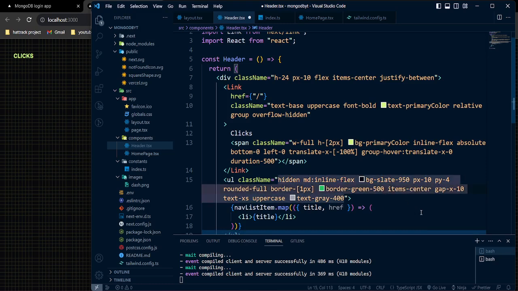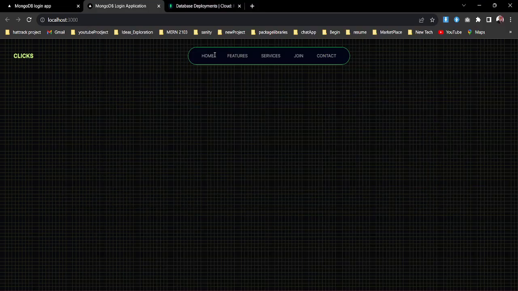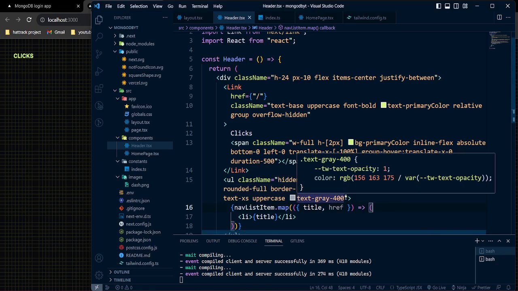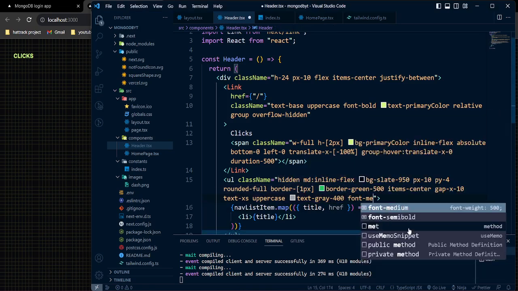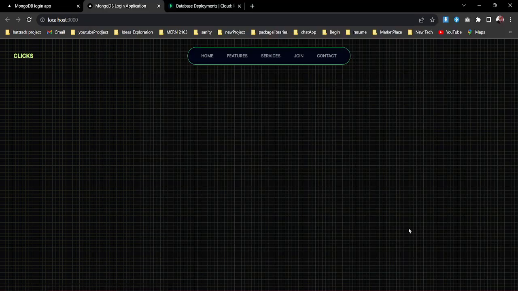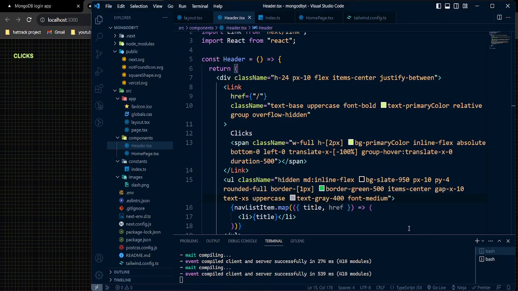And also instead, okay, I think that looks good. And for that, make the font a little bit medium. Okay, accessing is good. And now what I want to do actually,